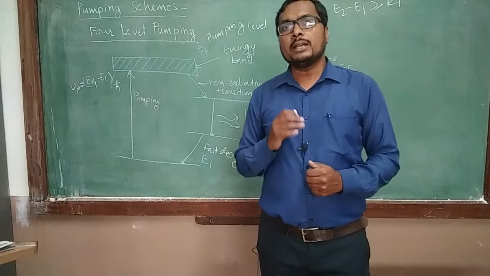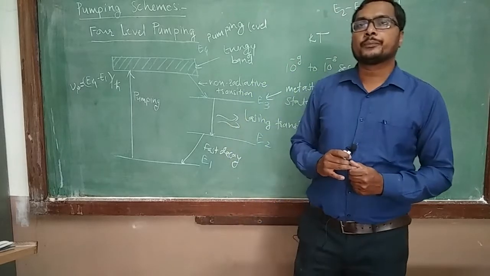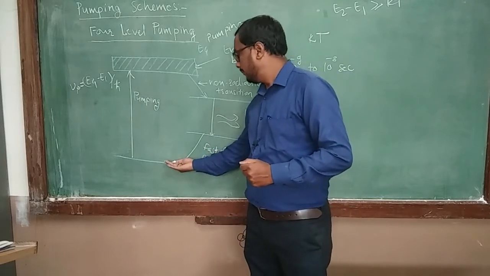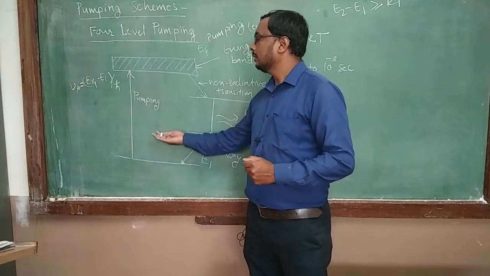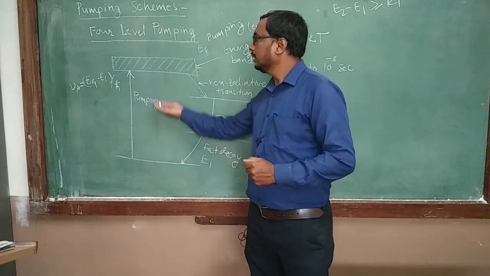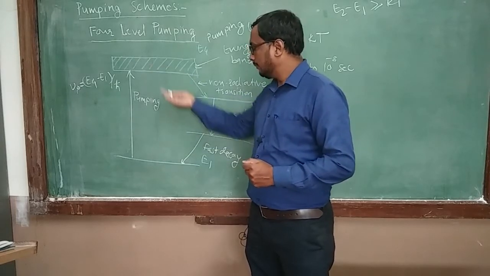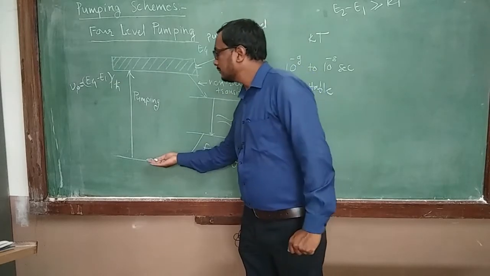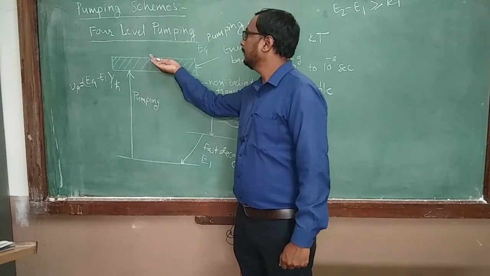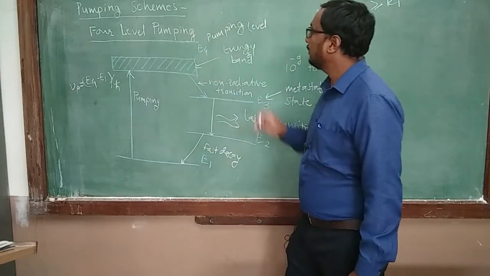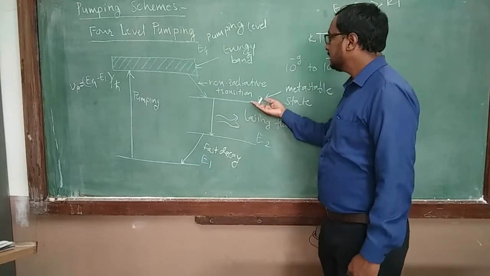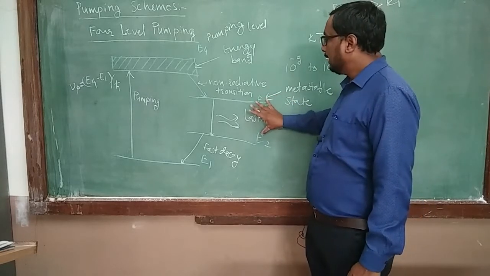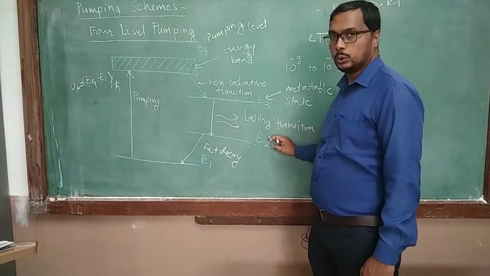So in this case, similar to the 3-level pumping scheme, the atoms are lifted from the lower laser level to the upper laser level. So from E1 to E4 the pumping is done. That means the atoms are lifted from the ground state to level E4. So E4 is our pumping level, E3 is the metastable state, and population inversion is created between E3 and E2,